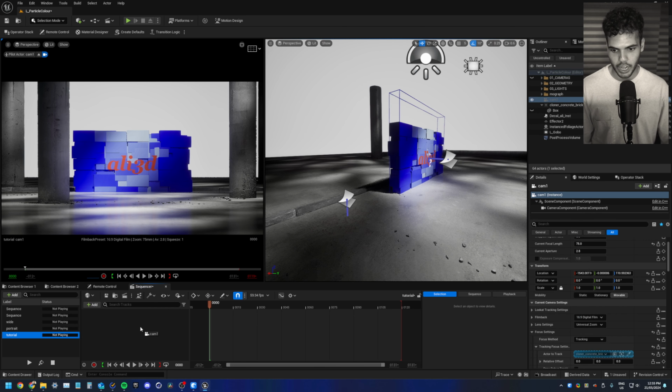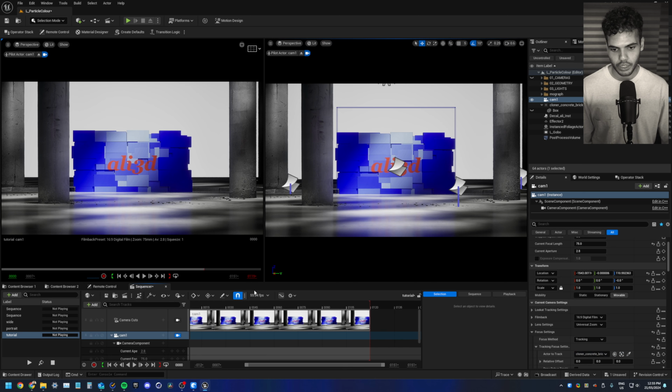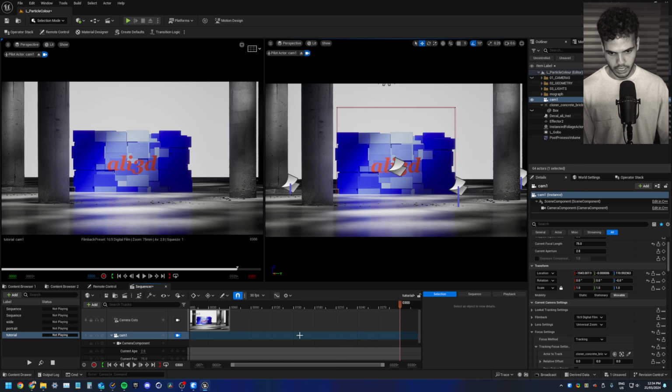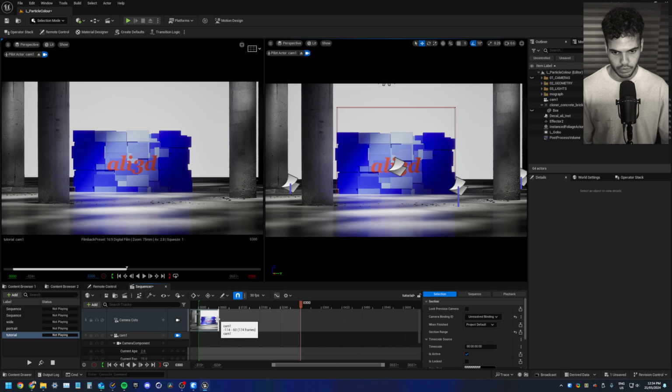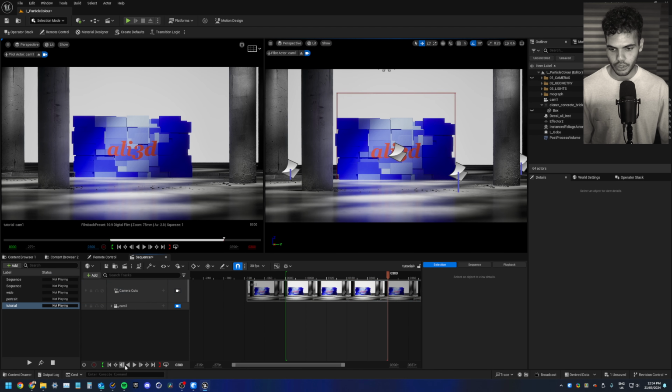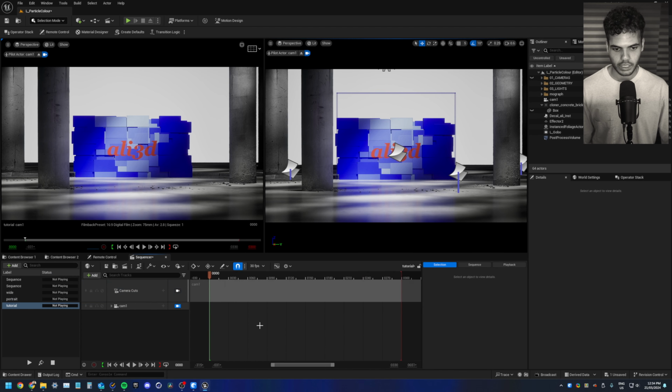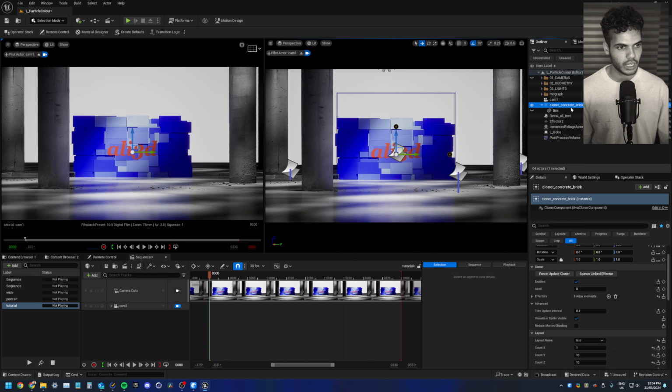First thing I'll do is drag my camera in. Also, I'm going to change this to 30 FPS, go to frame 300 to make it 10 seconds, and then drag my camera cut on either side of the extents. Now I'm going to go to the beginning of the sequence, press F to frame your whole timeline, your in and out point. And then I'm going to select my cloner and go to seed